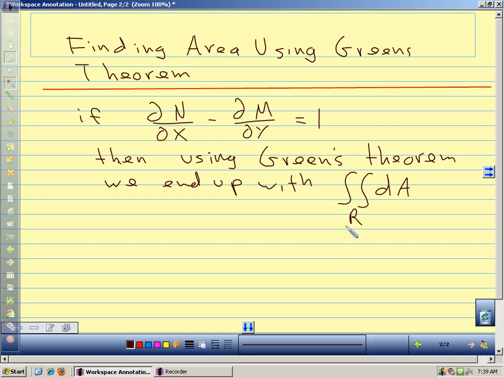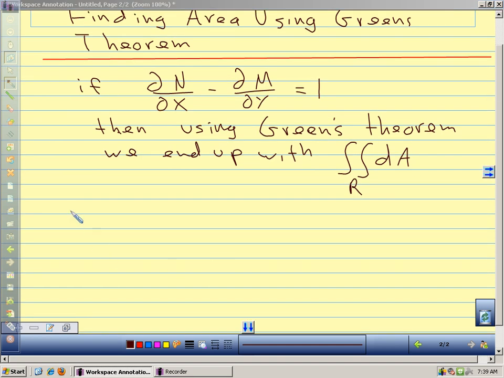So if we're trying to find our area, we want to pick N and M so that dN/dx minus dM/dy equals 1. So what we do, our little trick here, is we let